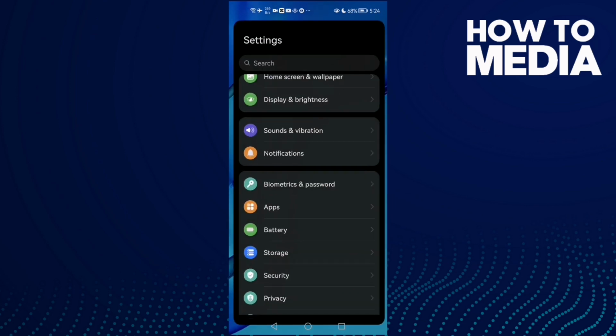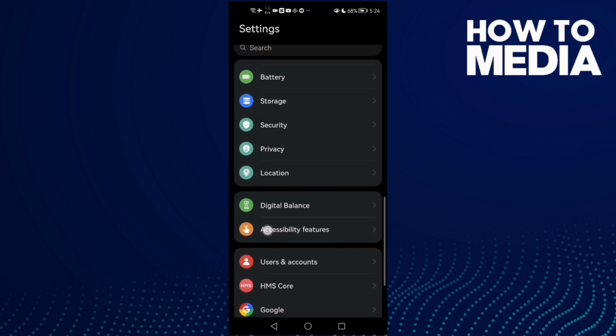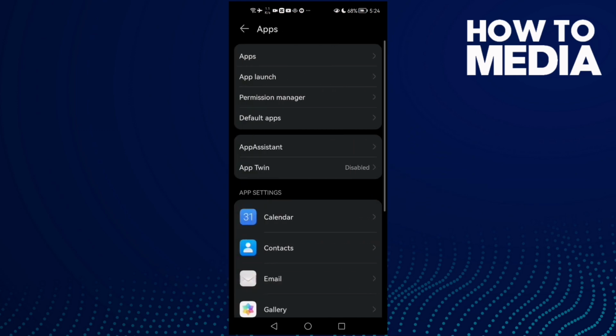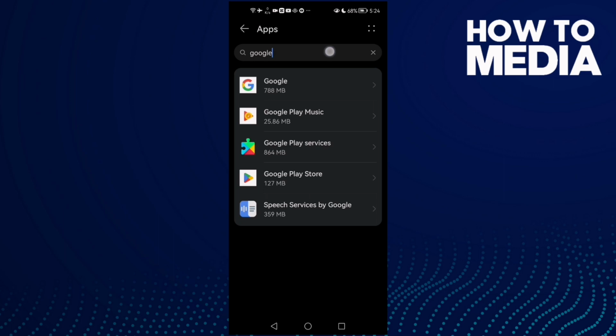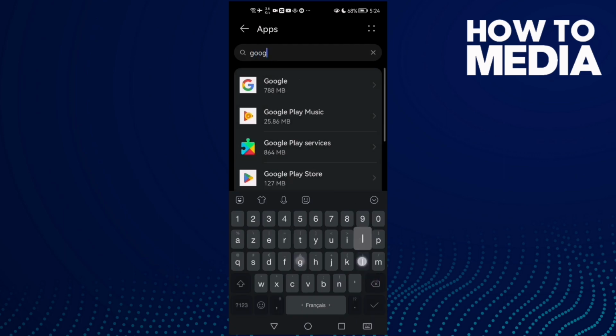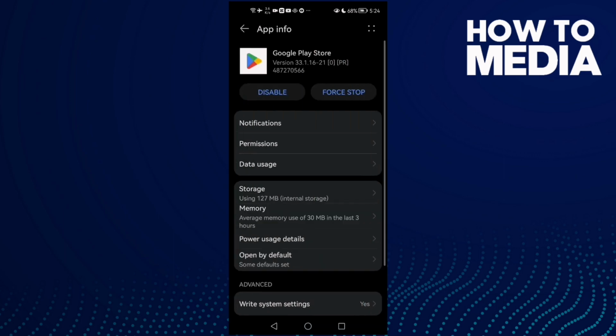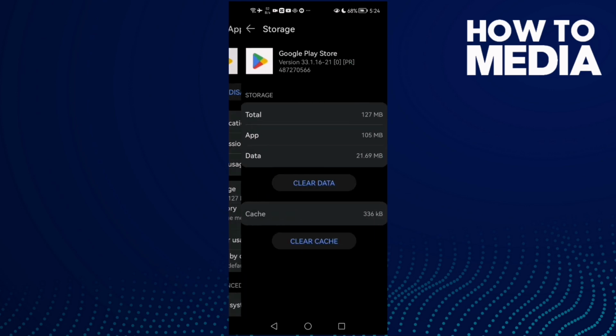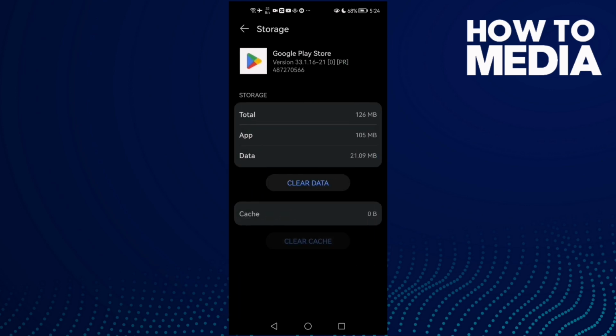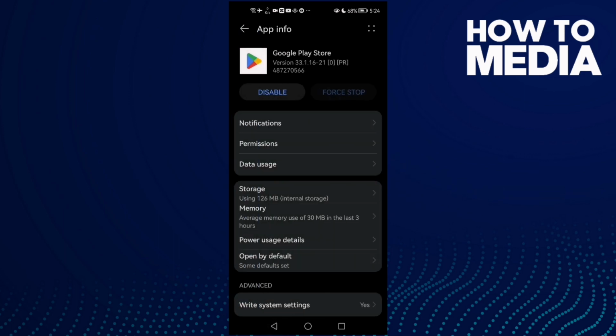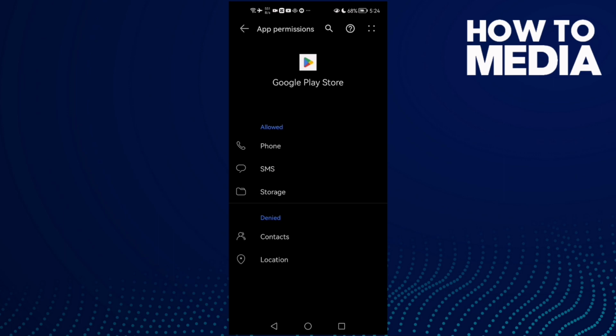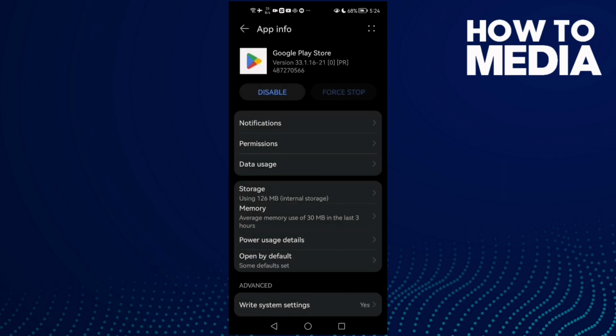First open settings and then scroll down until you find apps, and then click apps again, and here type Google Play Store and click on it, and now click force stop, and then go to storage, clear cache, and then click clear data, and now go to permissions, allow all of those permissions here, and after that just go